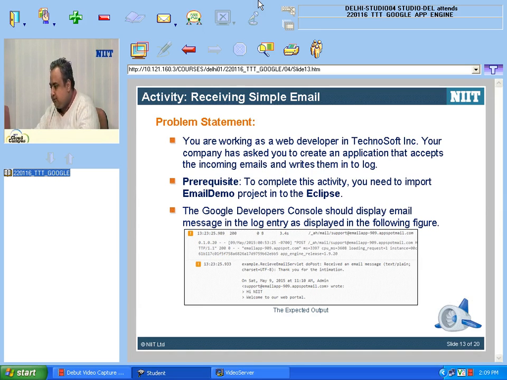So what I have done in the break was I was deploying the next application. So in this, what we are doing is